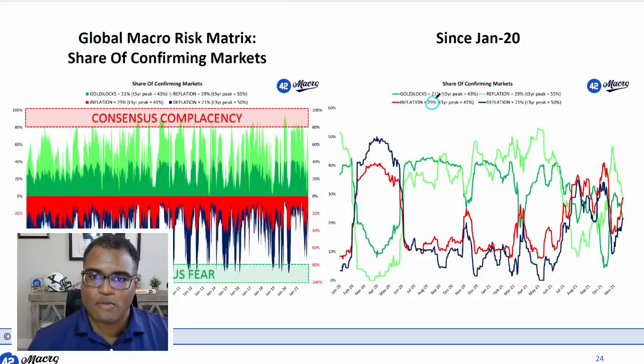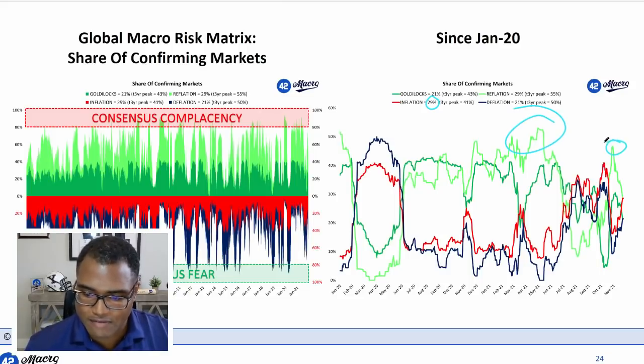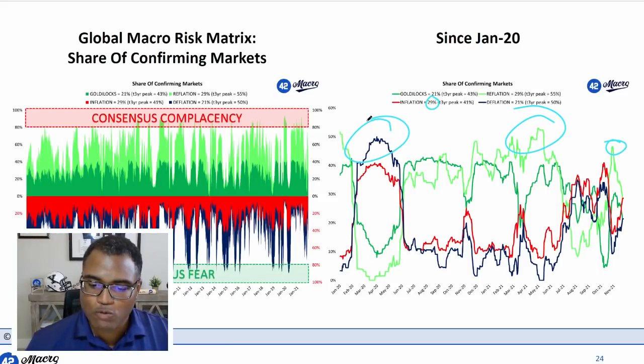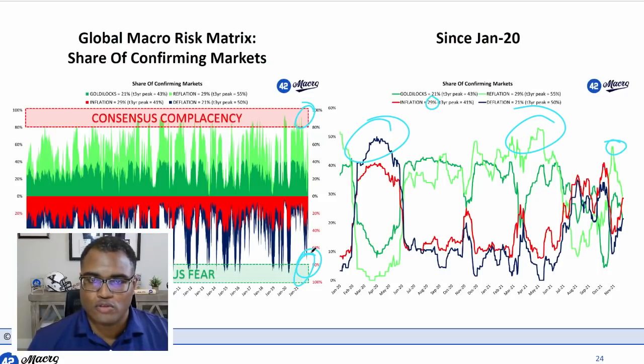Whenever something becomes the modal outcome from the perspective of this process, and this process is really helpful in helping investors visualize not only, hey, what's the dominant regime? It's inflation here. It's kind of inflation there, but it's deflation here. But more importantly, what's the spread between that relative to the other regimes? Because that spread can be very indicative of a lot of complacency or a lot of fear relative to investor